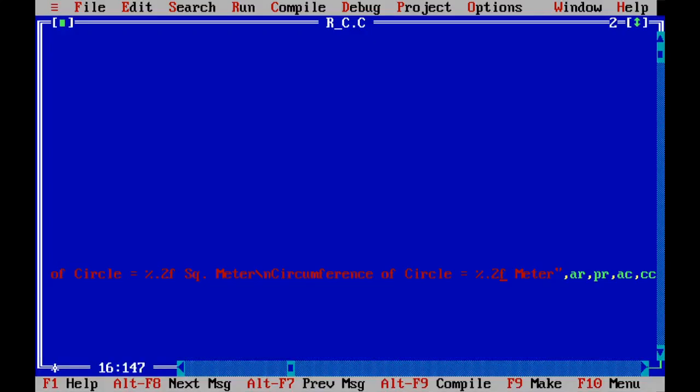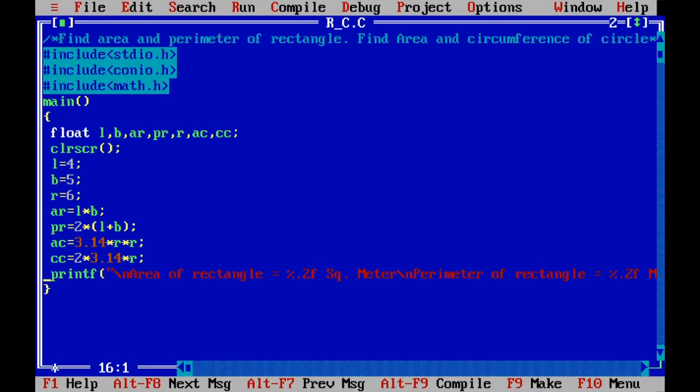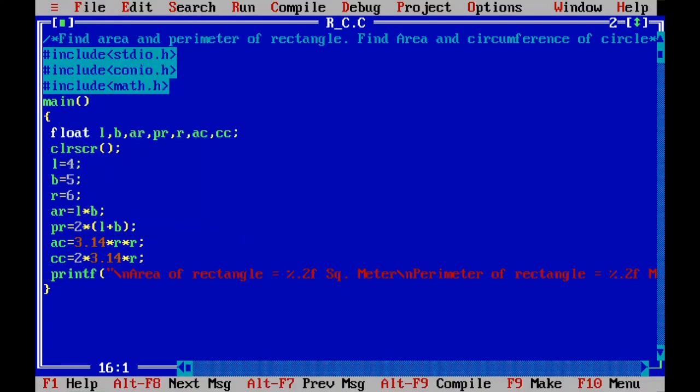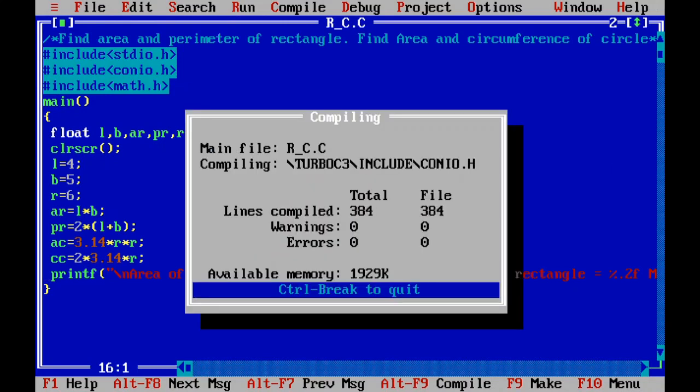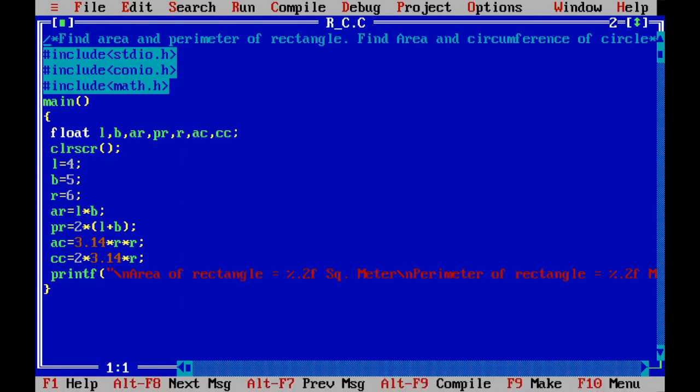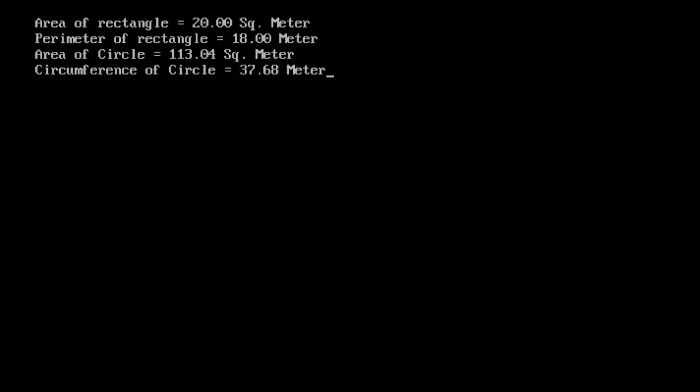Now we will save this by going to the file tab and saving it. And now we will compile it by pressing Ctrl F9. And now we will see the output.